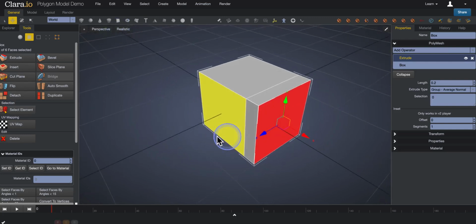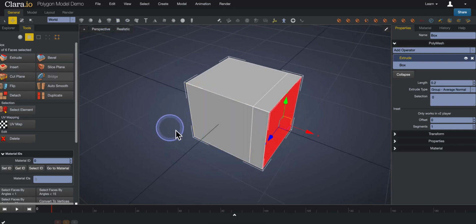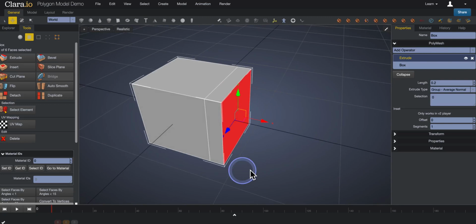And when you turn on show edges, it's like the best of both worlds. You get the realistic shading, but you also get to see the edges at the same time. And so that's extremely helpful as a 3D modeler. So now that I've extruded it out, I've got a new batch of geometry that I can work with, and